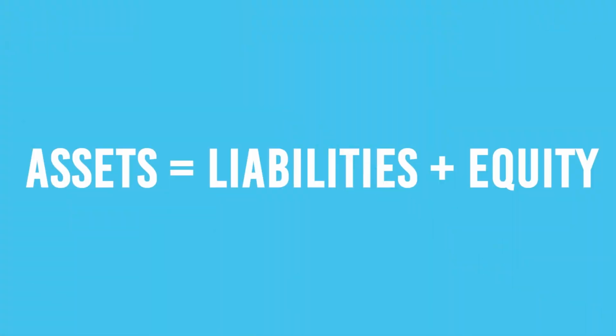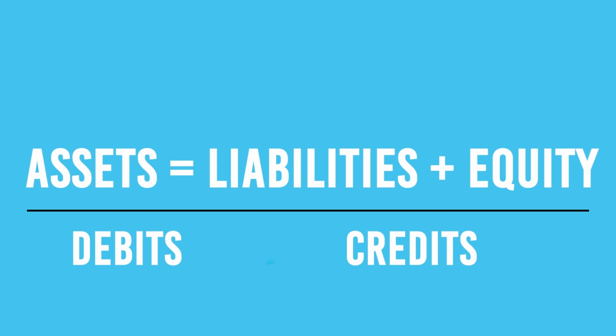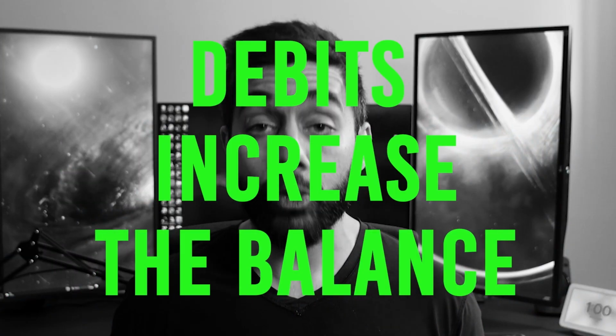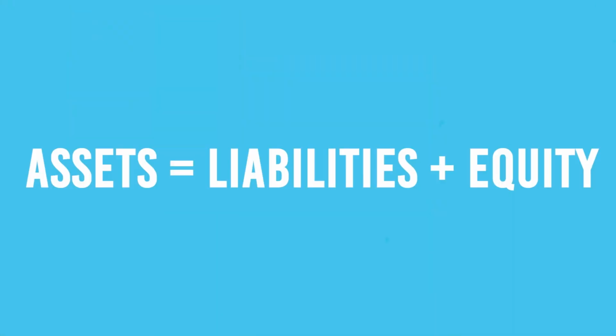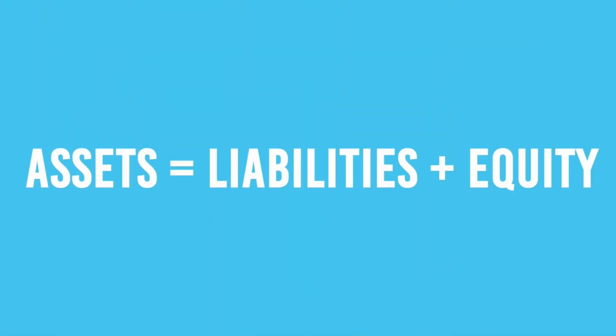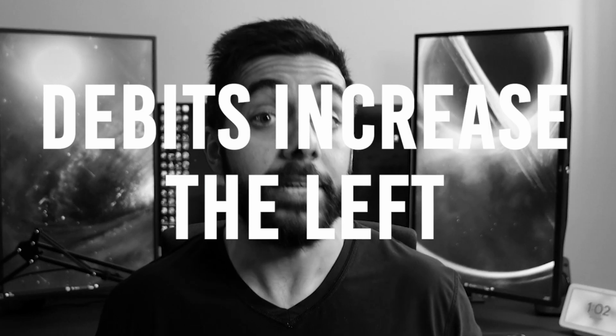It depends on the account whether a debit or a credit will increase the balance or decrease it. So, you remember our formula, the foundation of all of accounting? Assets is equal to liabilities plus equity. Rule number 1 was debits mean left and credits mean right. So as you see in the formula on your screen, you have your assets on the left. So you just need to remember that. On the left side, debits increase the balance and credits do the opposite. They decrease the balance. Let's think of cash as an example. Cash is an asset, so it lives on the left side, the debit side. So if you receive cash for providing a service, you debit cash to increase it because debits increase the left.